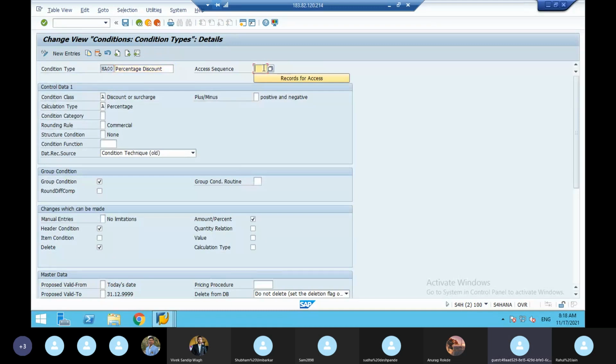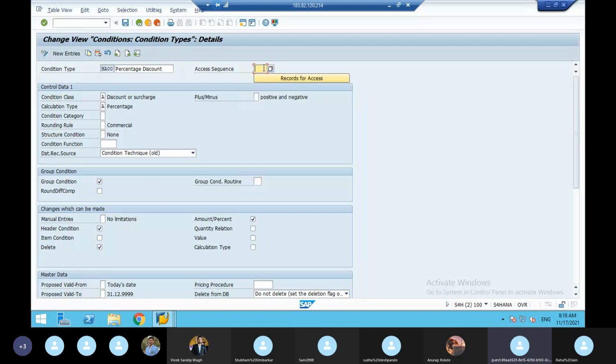Why? It is only for the customer, no need for access sequence. For that customer, for that material, for that quantity, this is the price, this is the discount, this is the freight, tax will be searched by access sequence. That is why access sequence is necessary for item condition types, that is PR00, K007, KF00, MWST.